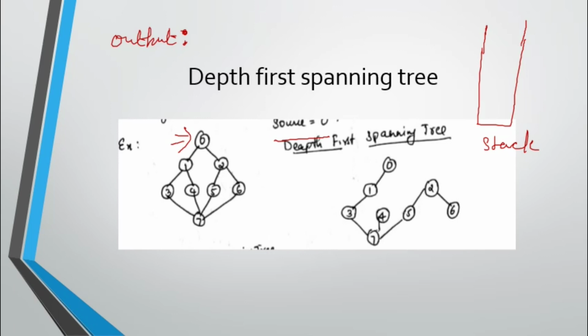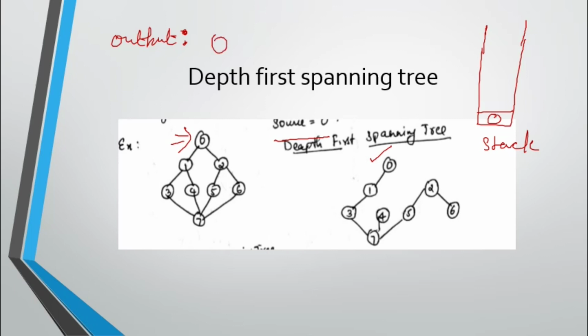Yes, so the starting vertex is 0. Since 0 is the starting vertex, please add it. From 0 where do you go? Already one vertex you have to draw here, as it is shown here. So once you visit, also put it into the output sequence.